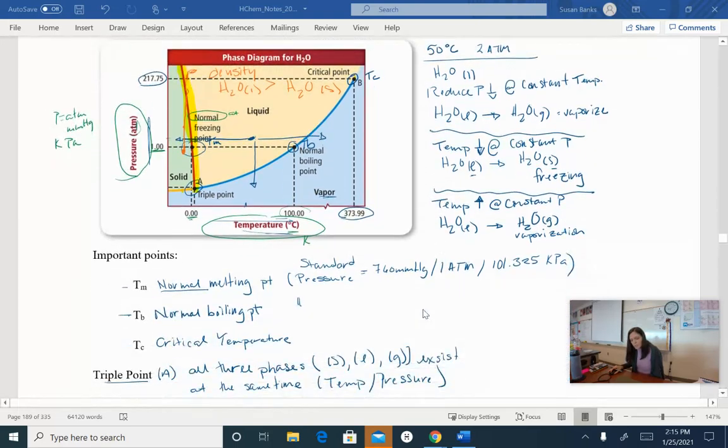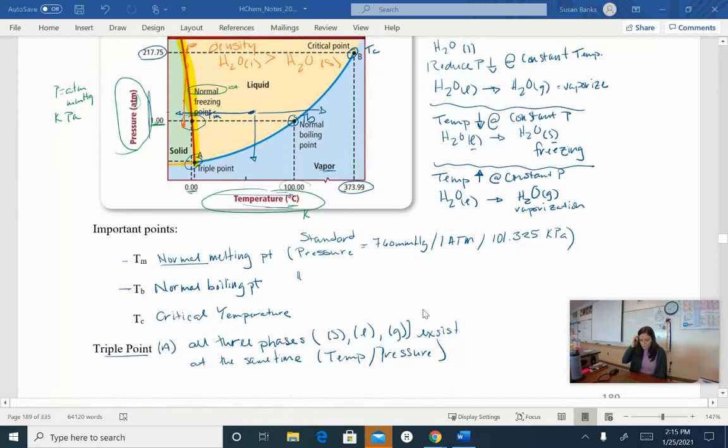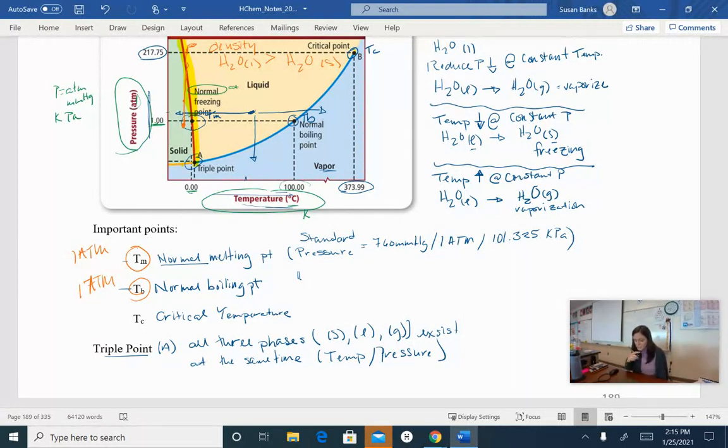Okay, so remember the important points. We have our normal melting point. Remember, that is at 1 atmosphere. We have our normal boiling point that is also at 1 atmosphere, or standard pressure, 760 millimeters of mercury, or we could also say 101.325 kilopascals. And we also have the critical temperature, and that critical temperature is the temperature above which we can